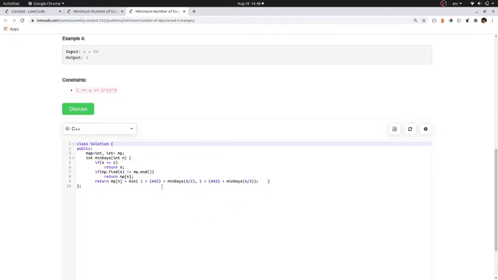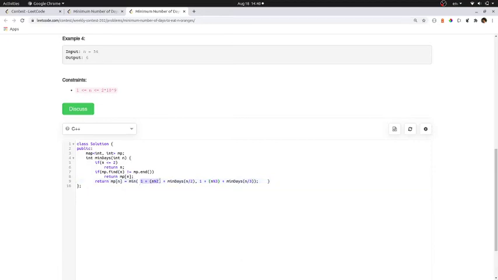So by decrementing by 1 we mean that we have to somehow make them a multiple of 2 or 3. To make a multiple of 2 we need to decrement it by n mod 2 times, and to make it a multiple of 3 we need to decrement n mod 3 times. So there are only 2 states now, so the answer would be the minimum of these 2 states.